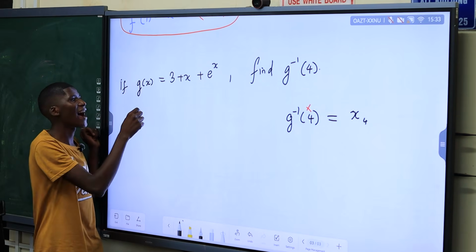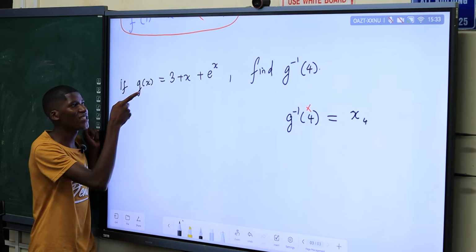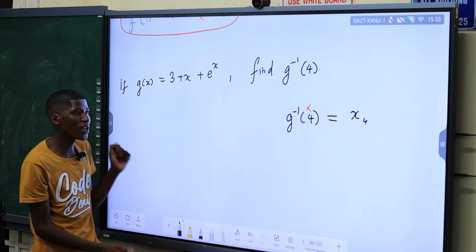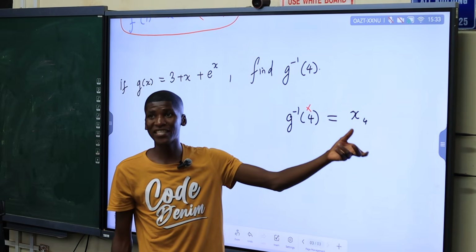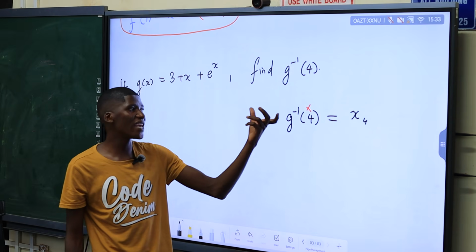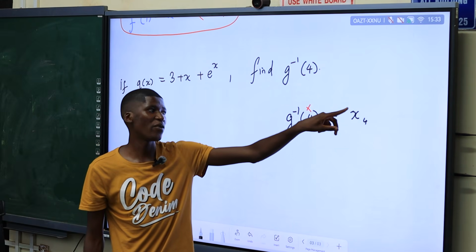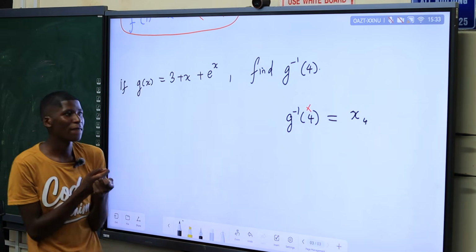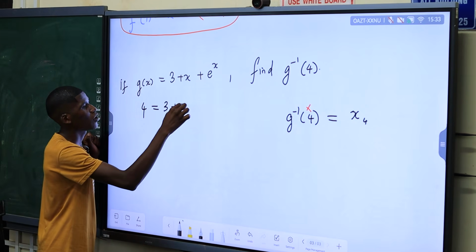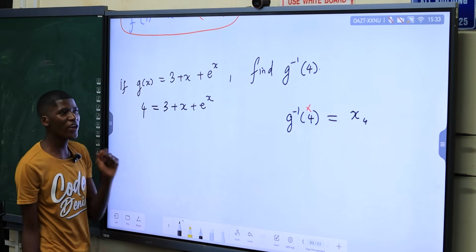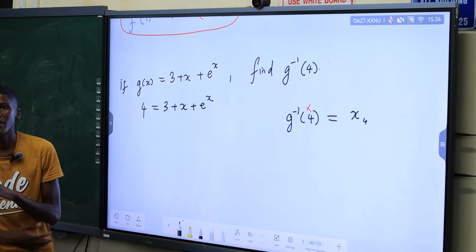So you must find, if g at our x is going to be equal to 4, then what is going to be the x value? Because what we are looking for here is the y value in the inverse. The y value in the inverse is equal to the x value in the original. So the y value in the inverse when x is equal to 4 is equal to the original x value when y is equal to 4. We interchange. So here we must find, if the y value is 4 in the original function, what is going to be the x value? Because that x is going to be equal to the value of the inverse. As you solve, then what is the x value there?